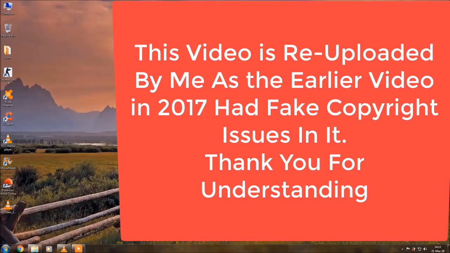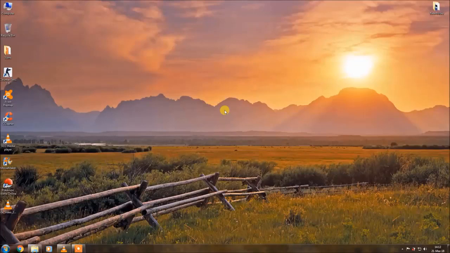Today I'm going to show you how you can adjust your subtitle files with any video file using VLC Media Player. I had made a video months ago about how you can merge your subtitle file with any video file permanently, and I got some comments regarding how to adjust the subtitle in a video. So today I'm going to show you how to adjust the delay of the subtitles or the audio. Both can be done by this method. Let's get started without wasting any time.